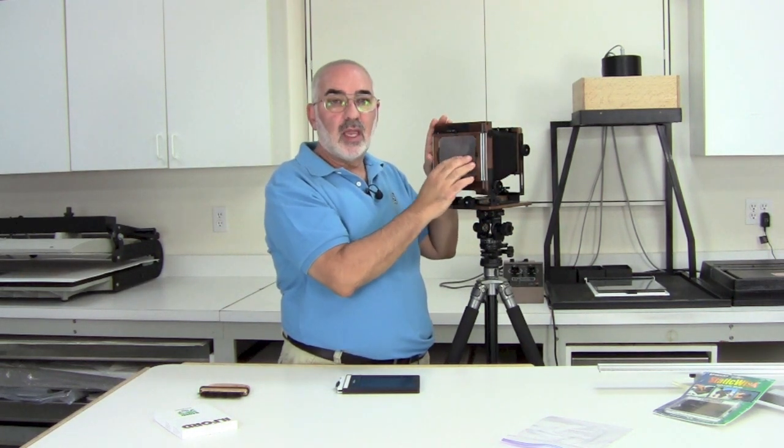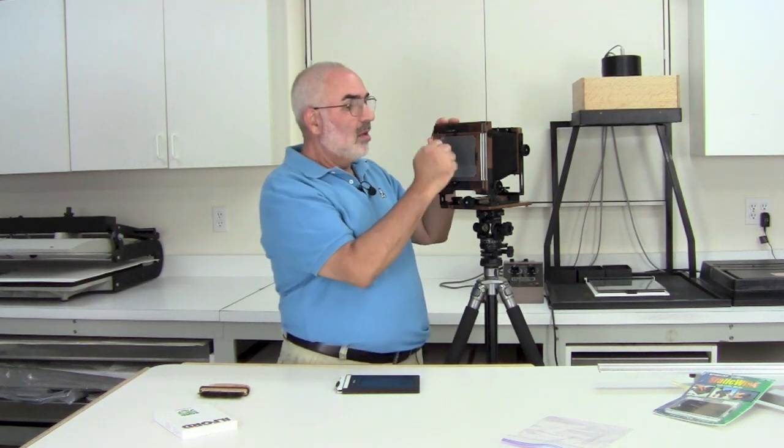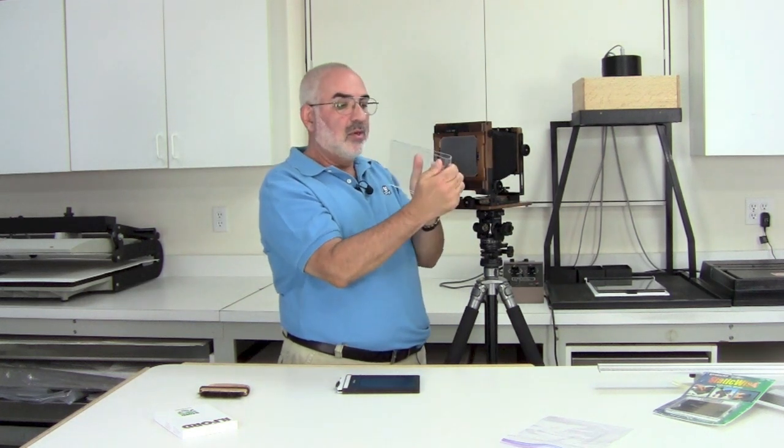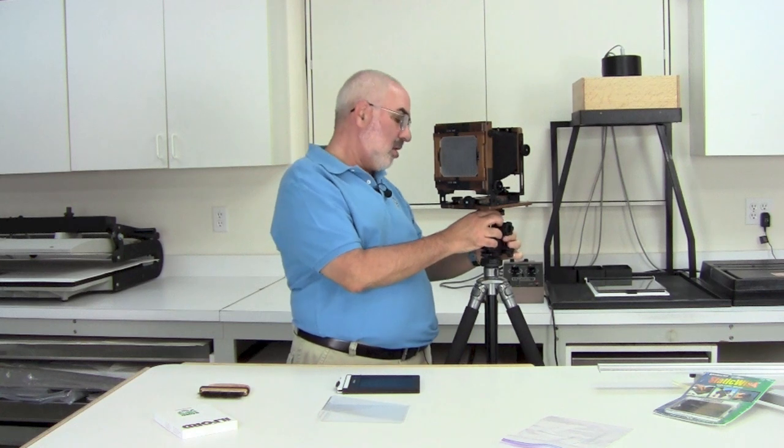I mention this because I get a call at least once a year. I'm in the middle of nowhere and I broke my ground glass. So this is a great protection, and especially if in certain cameras you have a Fresnel inside, it protects the Fresnel from being scratched. Okay, now for putting your film holder in the camera,